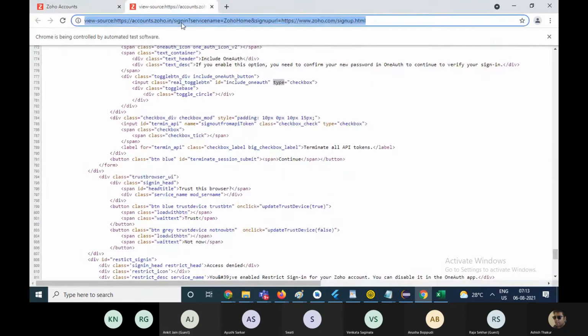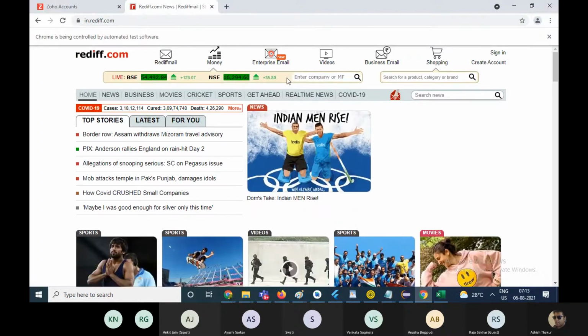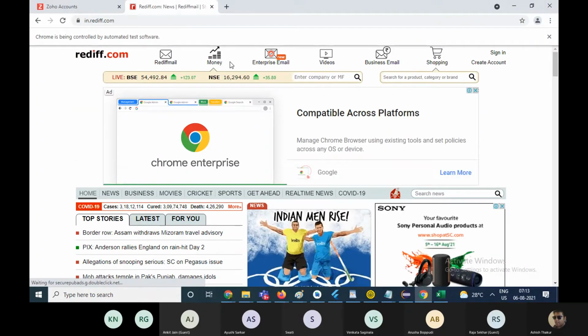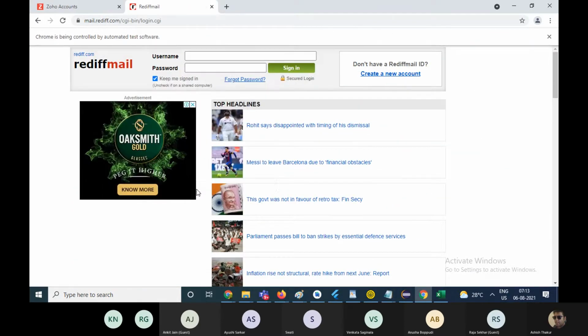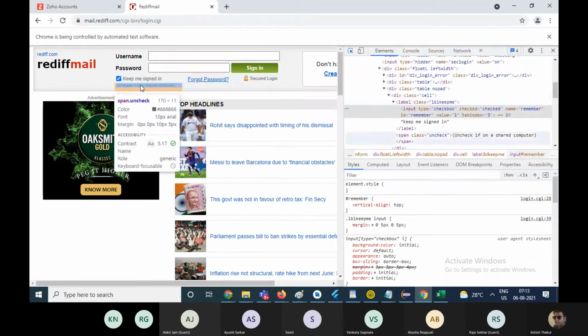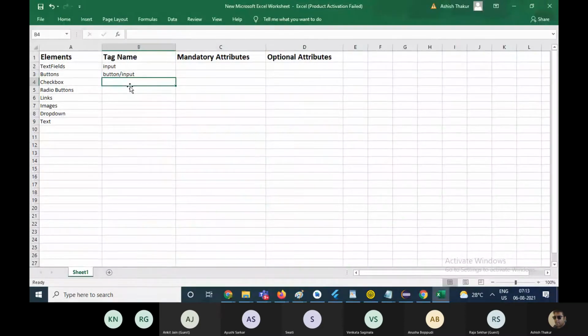So, yeah, this is the checkbox. In case of checkboxes, the tag name is input. In case of radio buttons also, the tag name is input.